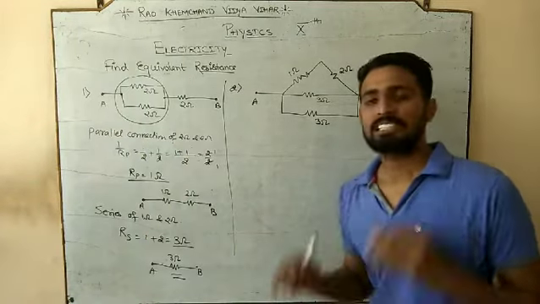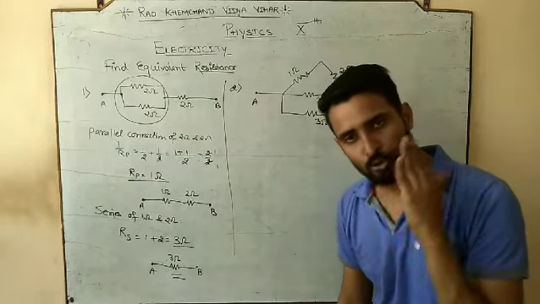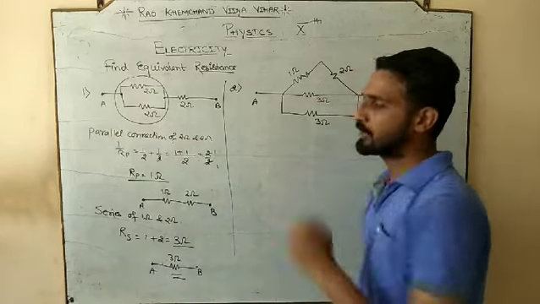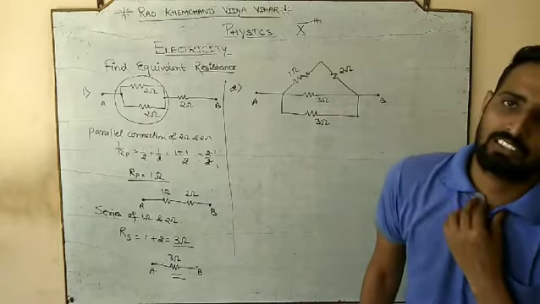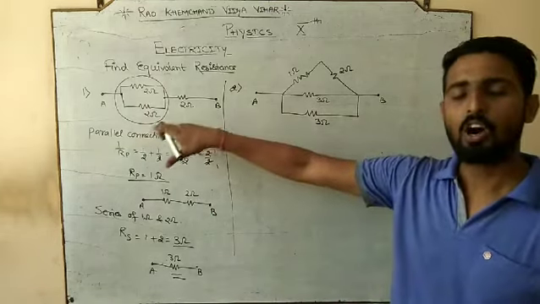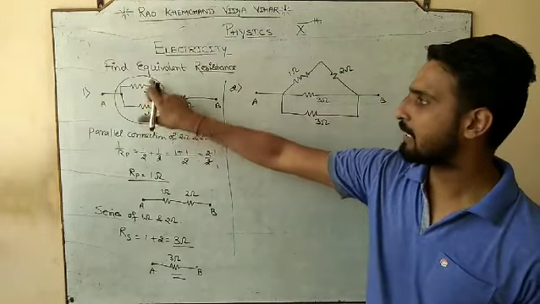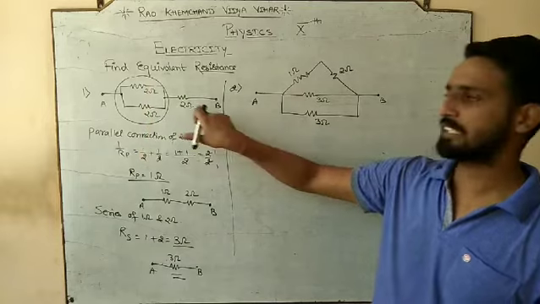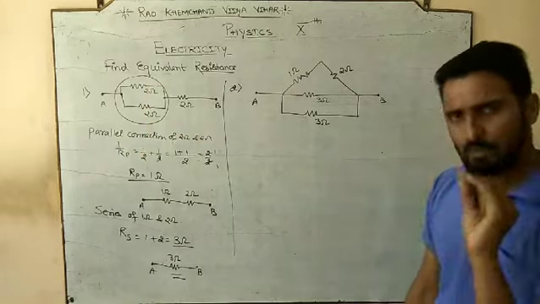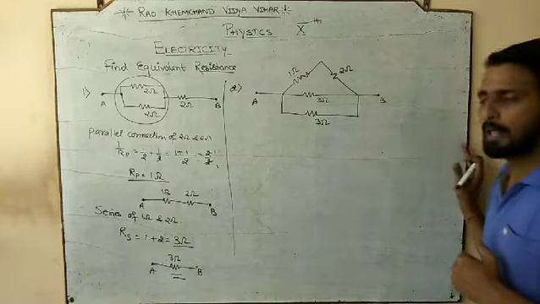I want you to do the numerical in a proper manner. You should indicate, sir, which one is in parallel, which one is in series. Which step I am doing firstly. I am doing the parallel first, or whether I am doing the series first. And here these two are in parallel. Whatever be the result of these two would be in series with that. With the same imagination, try to help me out. How will you solve this?